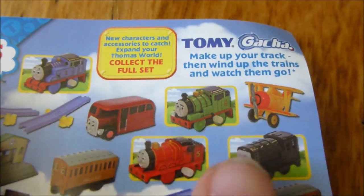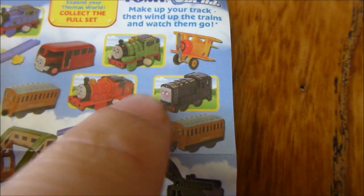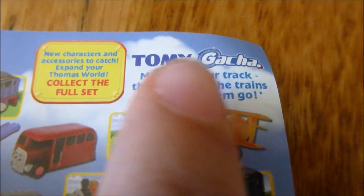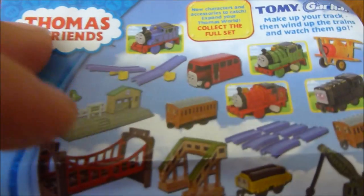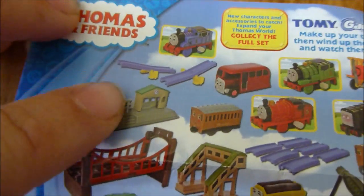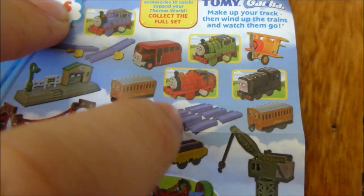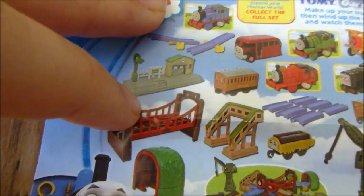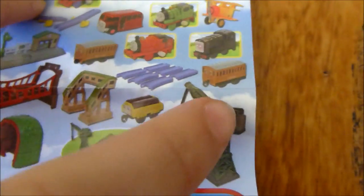We've got Percy with the sad face, James again, and we've got Diesel, who for some reason in this series is in a box, despite not having a wind-up motor. But remember everyone, we've still got that note there. We've got Tiger Moth, Bertie, Ramp Pieces, the Maithwaite Station, which has come back. We've got Tide, Annie and Clarabelle. We've got the new expanded 6-part track pack. The overbridge is back. We've got the new suspension bridge, Tunnel, a new truck with some loads, and Cranky, who